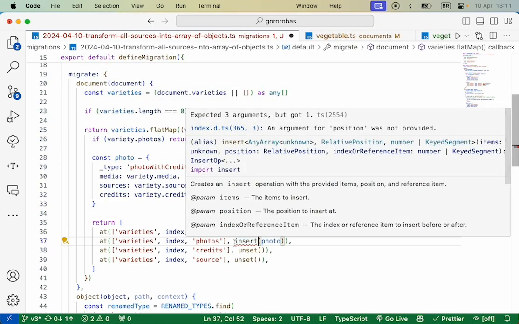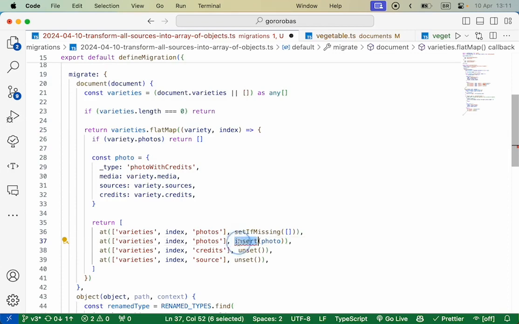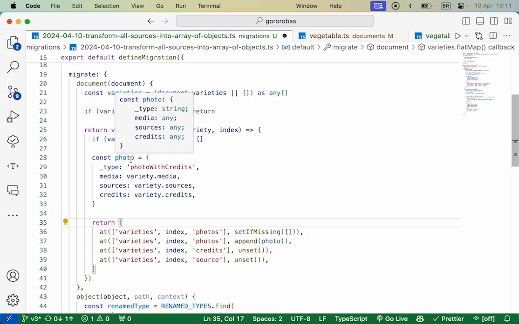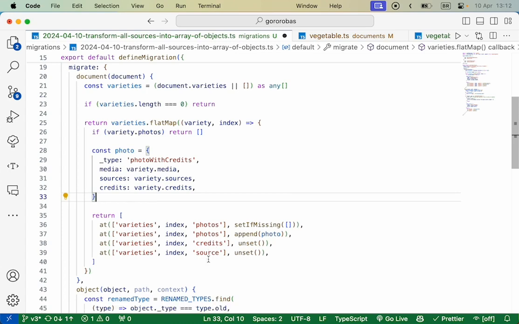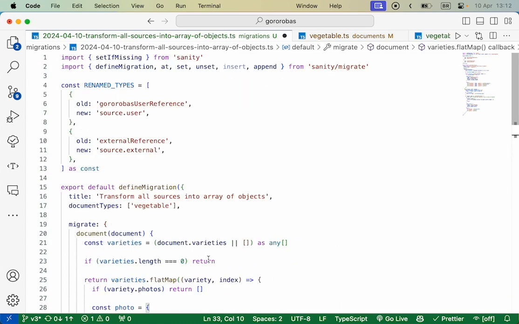And it's asking me to, I guess, let's just do append then. It adds to the end. So we start the photos array with an empty array. Then we append this specific photo and let sanity handle the key. And then we unset the credits in the source. So in theory, this is it.